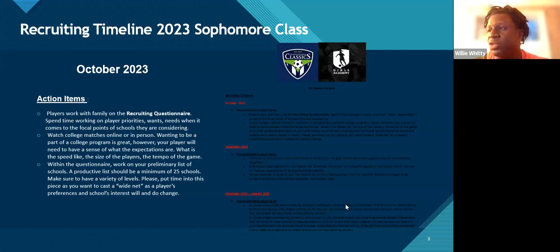The biggest thing we can do as October comes, by the end of October, if you're a sophomore, you want to really start to fire away at putting some schools in a list format. Doesn't matter which division. I highly recommend don't all shoot for Division I. Spread it out. Have some ones, have some twos, have some threes. You're going to learn quickly. Every division looks for something different.